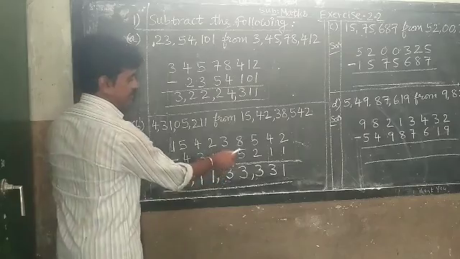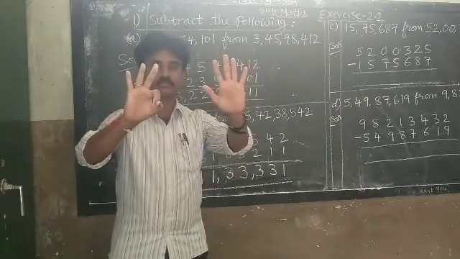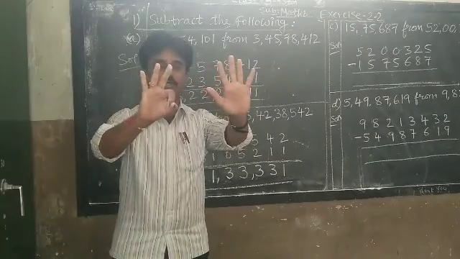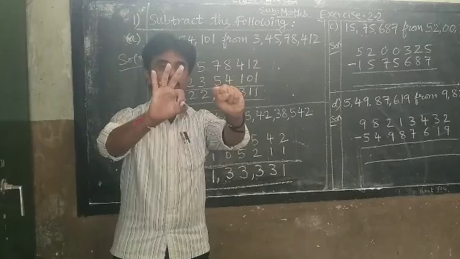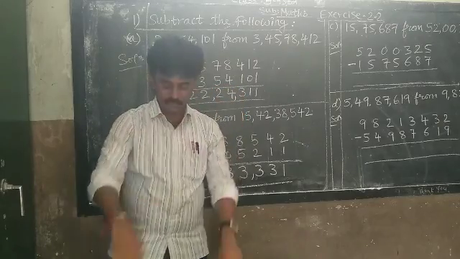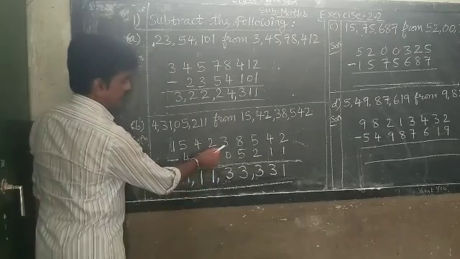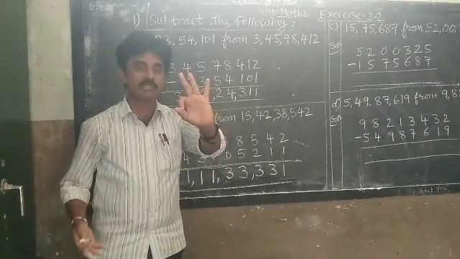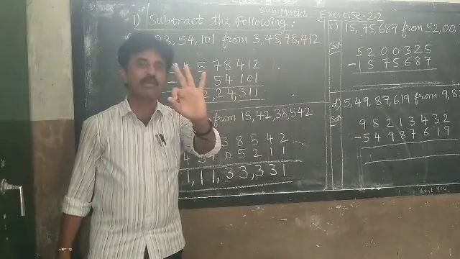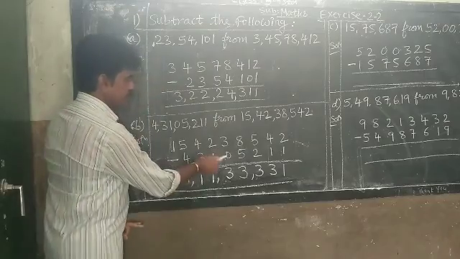Like this, 8 minus 5, 3. This is 8. See, count my fingers. How many fingers? 8. Out of 8, remove 5. How much remaining? See here, 3. So 8 minus 5, 3. So 3 minus 0, 3 is there. 0 means nothing. So 3 minus 0, 3 only. You are not removing anything, isn't it? So 3 minus 0, 3.